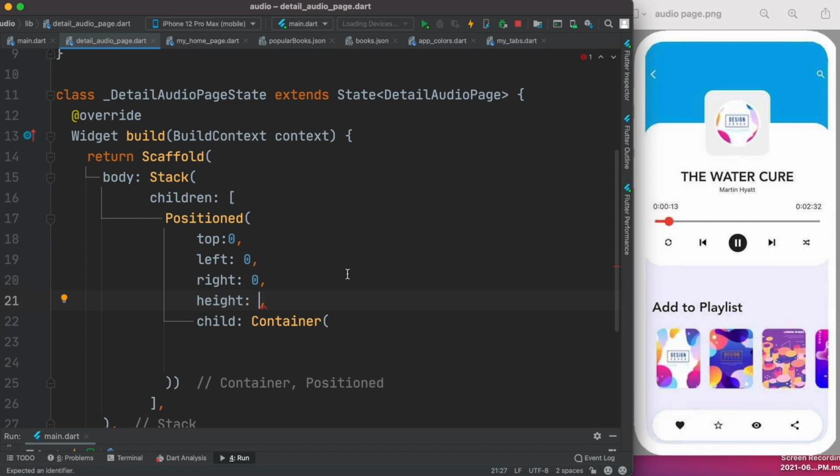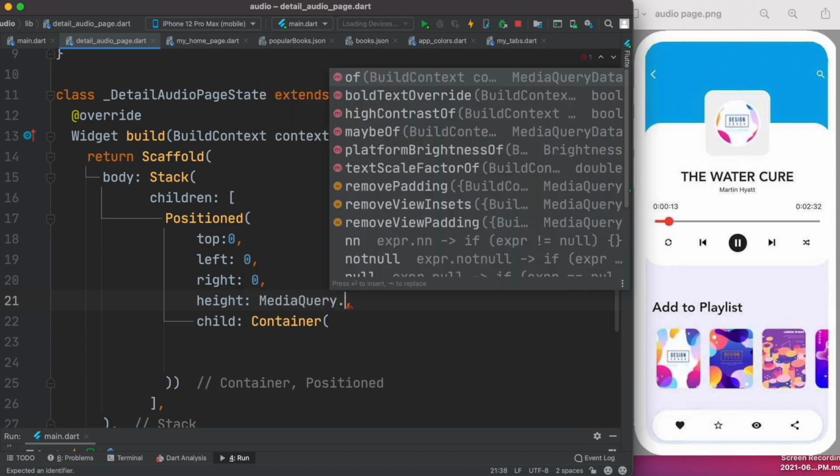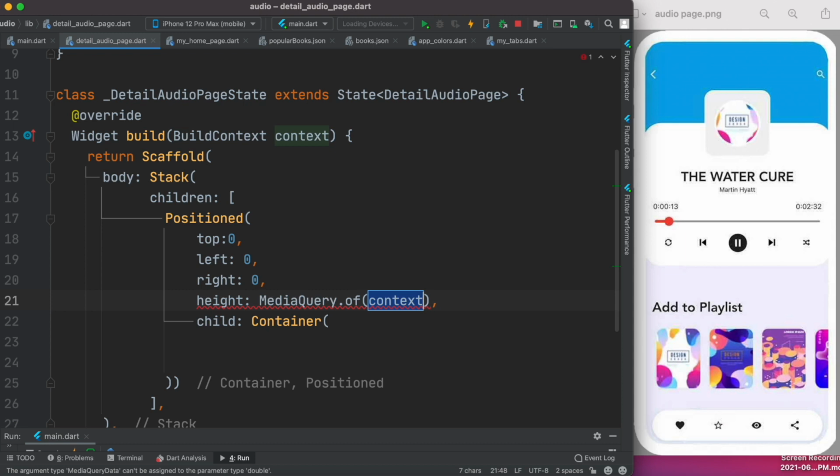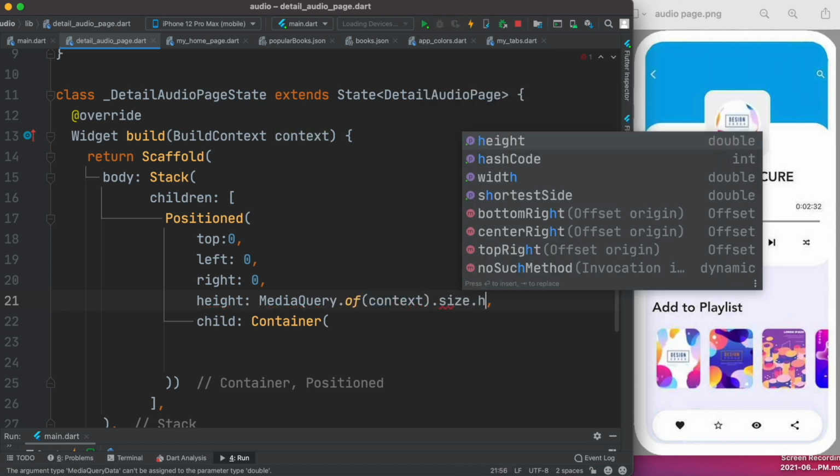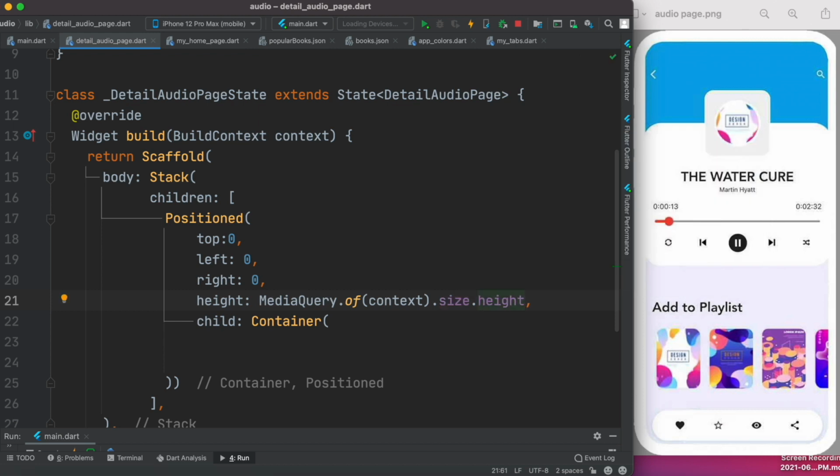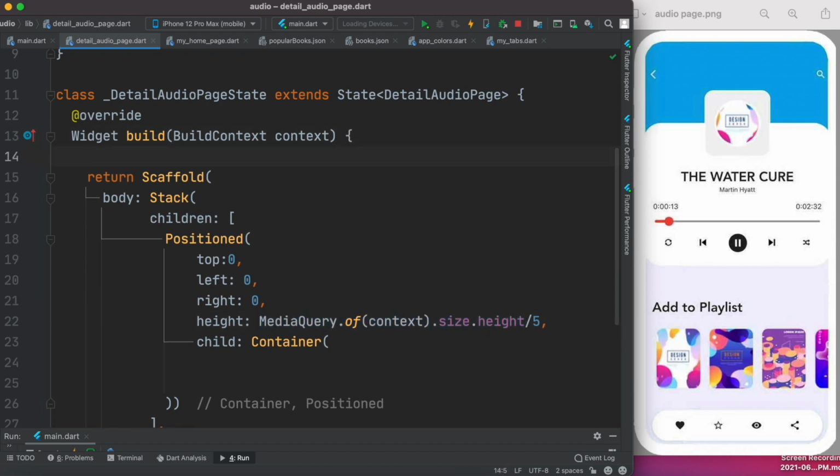So we can write here like this, say MediaQuery.of(context), and then we can do .size.height. Okay, all right, and what we could do like 1/5 like this, but this height property, or this height would be used in a lot of different places. So why don't we declare a variable? Okay, so the variable would be final double, and we'll call it screenHeight